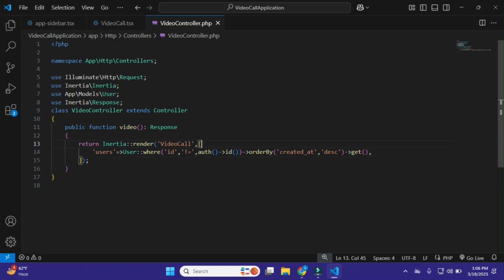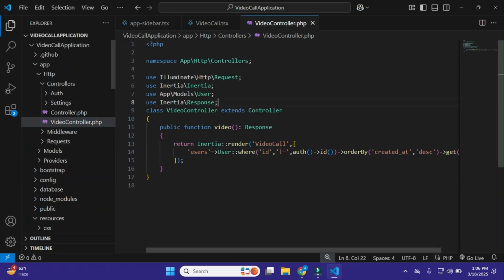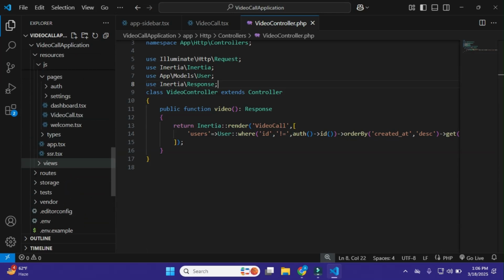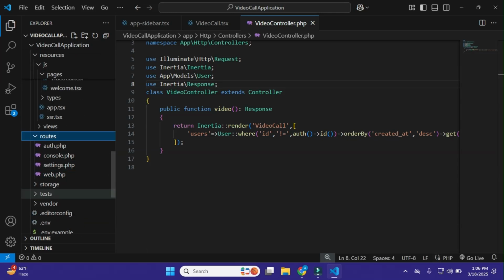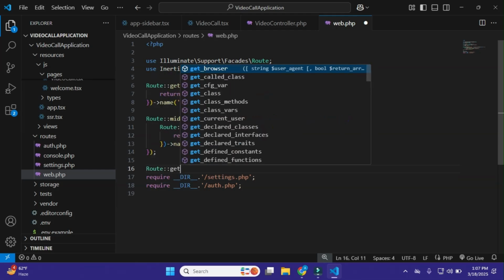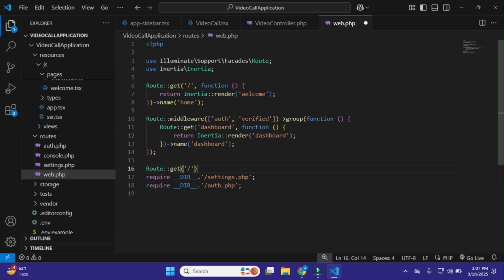So we render the page, and on the page I'll get all the users. Now we need to define the route for it. Go to routes, web.php, and here I'll define the route simply. I'll use Route get, and our route is video call.